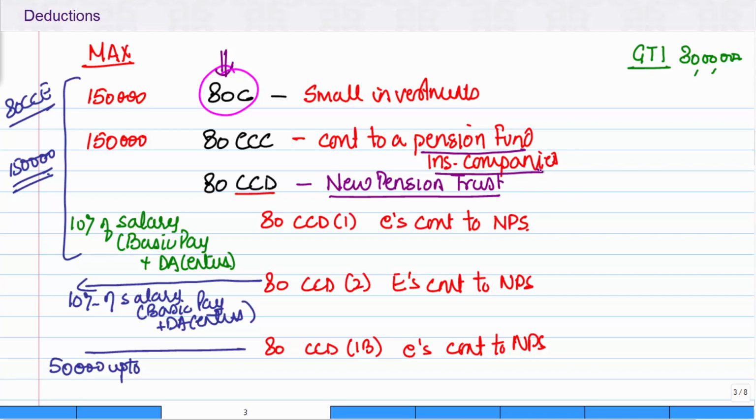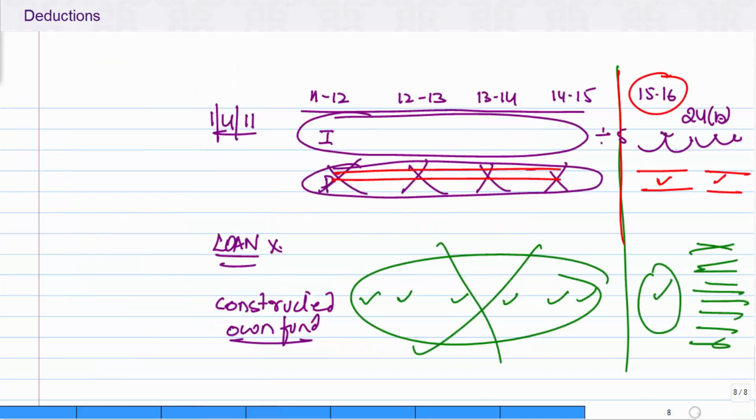It's again a maximum of 1,50,000. Till last year it was 1 lakh. Now it is 1,50,000. Now let's look at 80CCD, children. First of all, understand a new pension trust